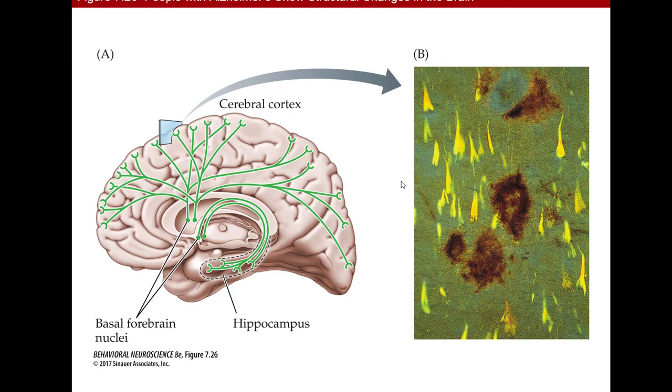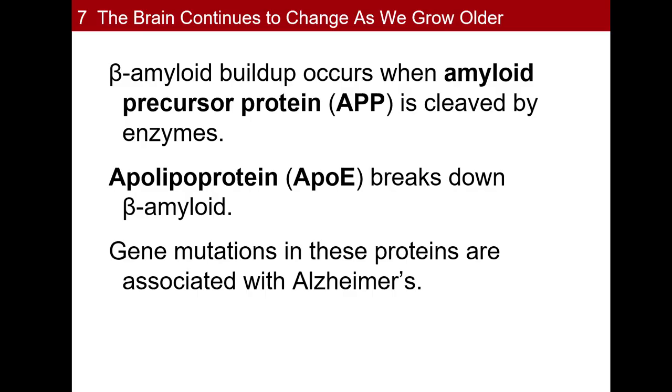You can see in these pictures here, I believe the yellow things are the tangles and the darker things are the plaques. I think that's right. So Alzheimer's disease is not something that can be 100% confirmed unless an individual has passed away, and then on autopsy we find these tangles and plaques. We can diagnose suspected Alzheimer's disease during life, but to confirm we need an autopsy.